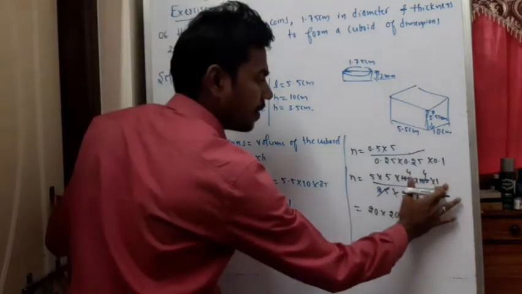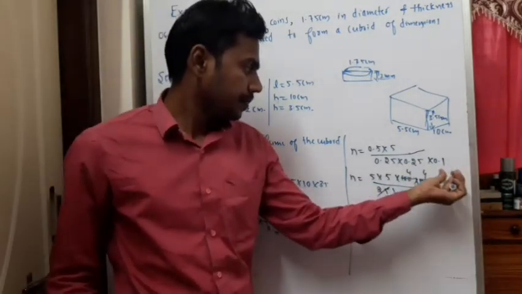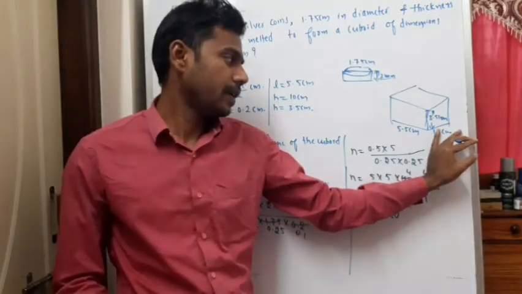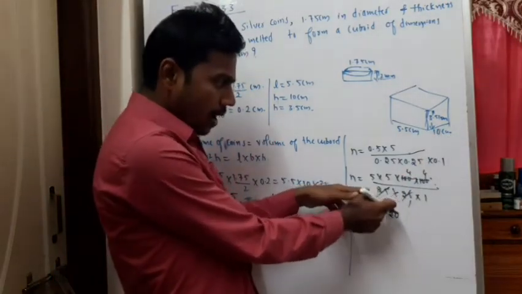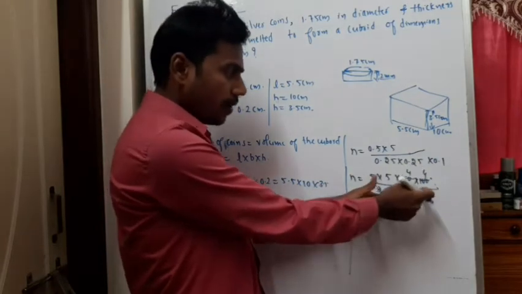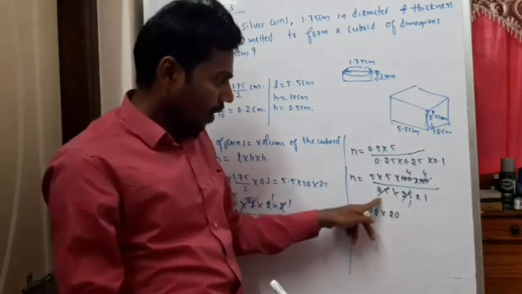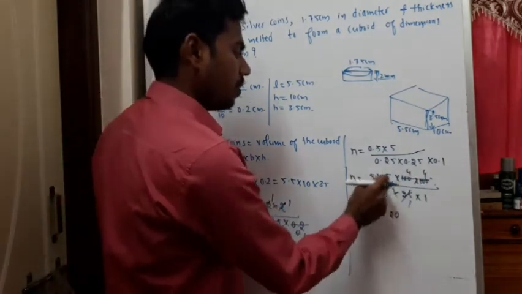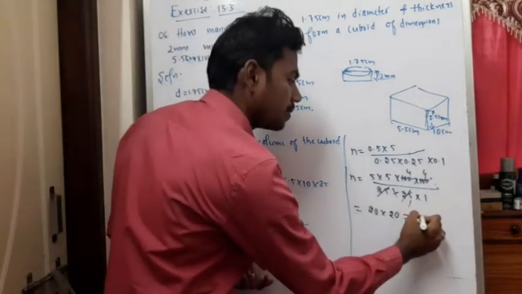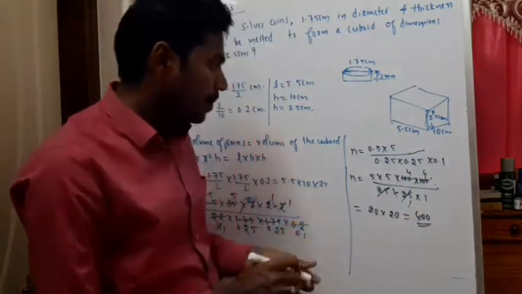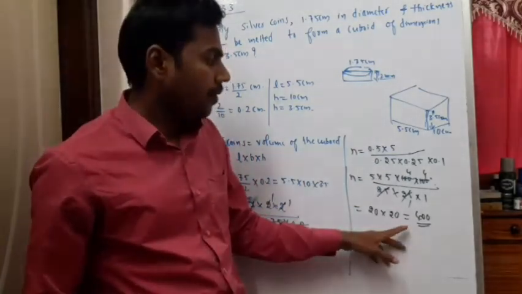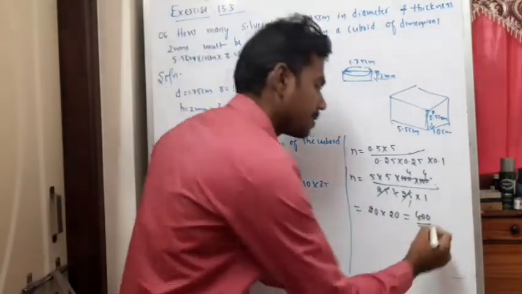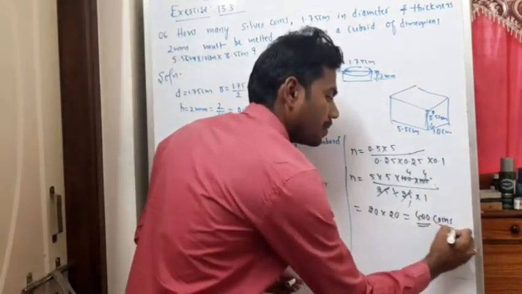So this 10 we have already connected. Instead of 0.1 and 0.5, what you have written is 5, so I need not consider 1 here, 0.1 here. Instead of 0.25, it is 25 over 100 here. So 25 ones are 25, 25 fours are 100. So 5 into 4 is 20, 5 into 4 is 20, 20 into 20 is 400. So the total number of coins required for making the cuboid is 400 coins. So please note this down.